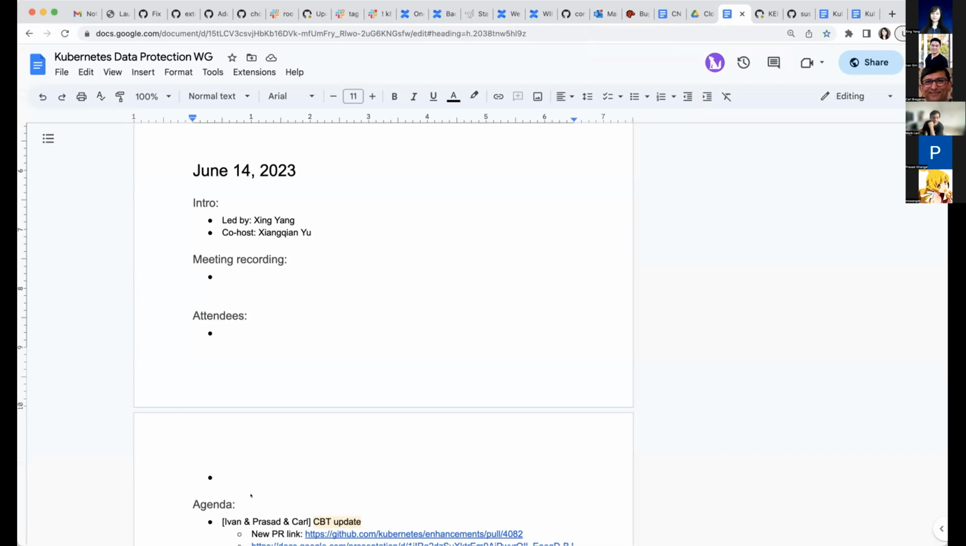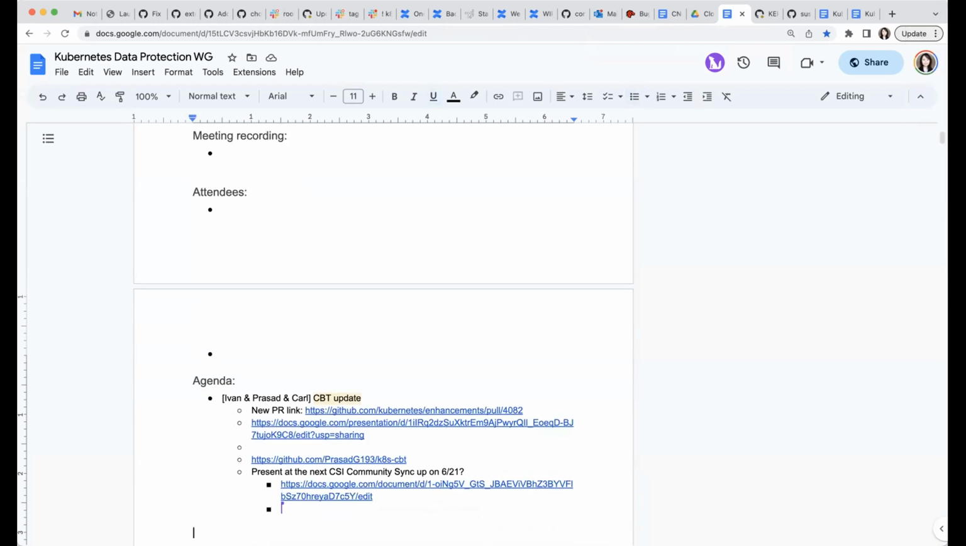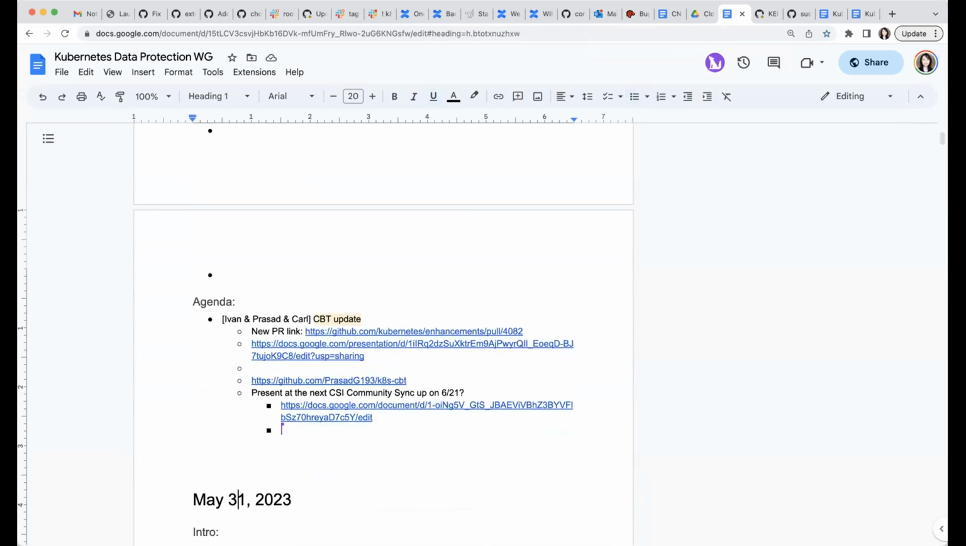I think today we want to continue with our CPT update. Ivan, you want to give an update here? Yeah, I moved the old pull request to a new one. The older one was still created from a fork,